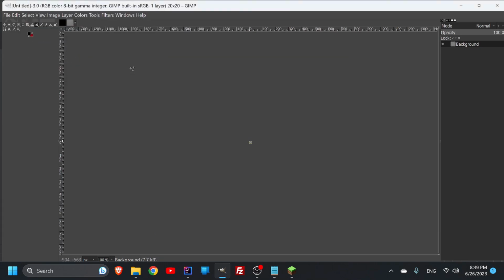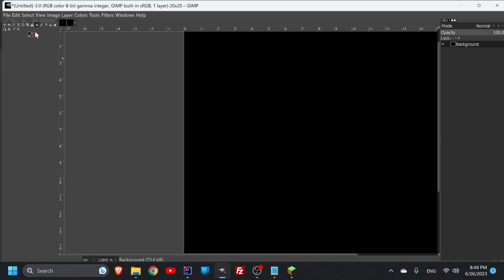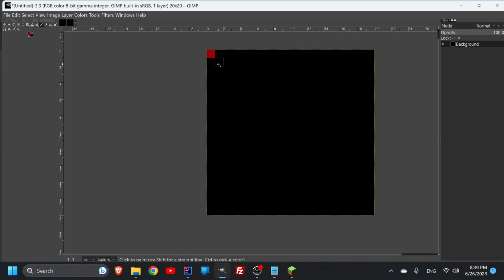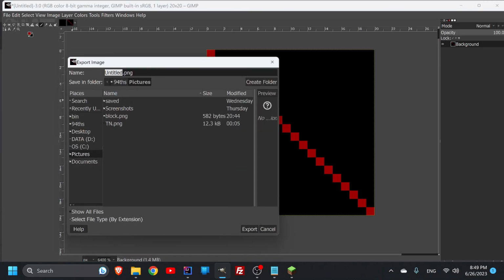We're going to make a brand new texture. We're going to fill it all the way in black, and then we're going to switch over, and I'm going to start drawing with a red pen, and we're going to do this just to make sure that we can count all the way down to 20. A very simple step, but let's do file, export as, and we're going to call this, you probably guessed it,